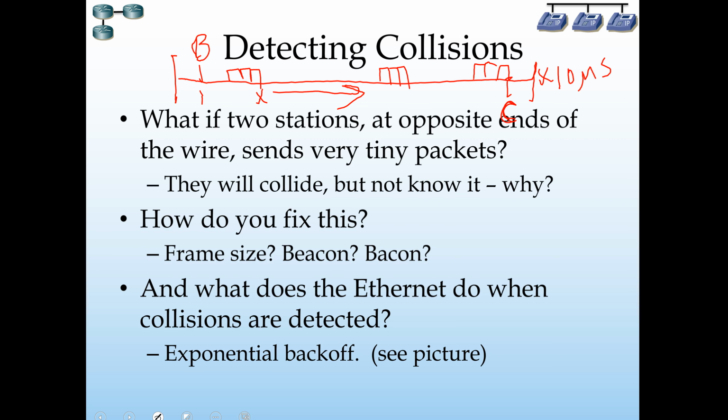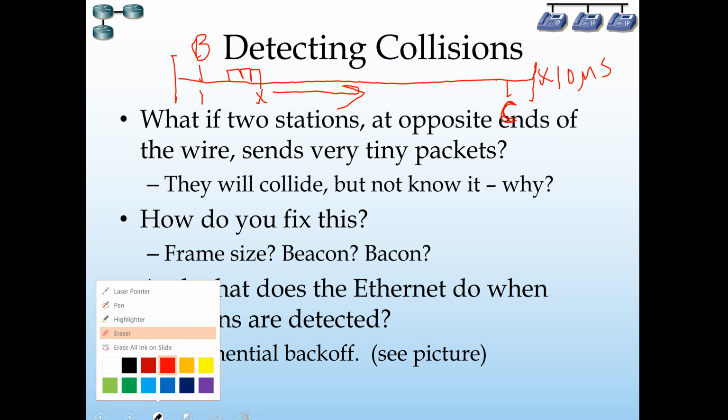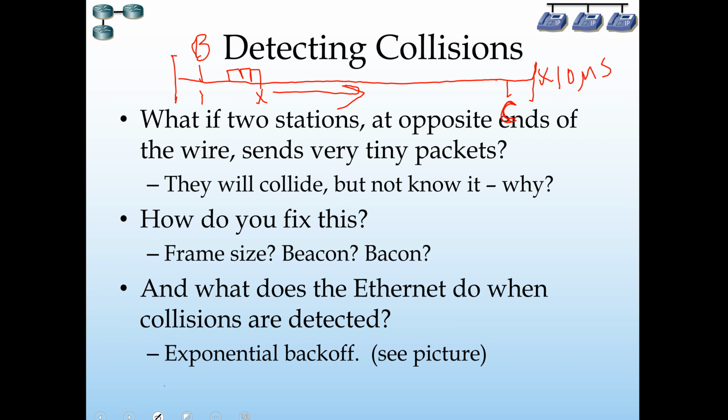Now, I'm going to do some erasing. Let's see if I can get that eraser up here. Get rid of that and get rid of that. Because now, Carrie, who's going to be, I better not use blue. That won't work very well. I'll use green. Here's green Carrie. Here's his computer. Carrie sends a 3-bit packet down the wire.